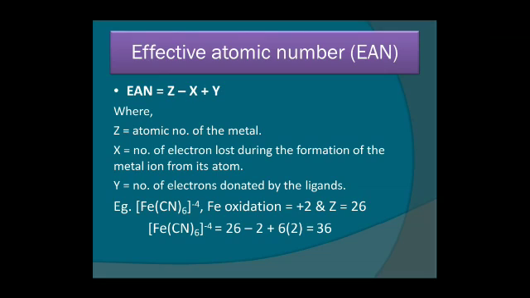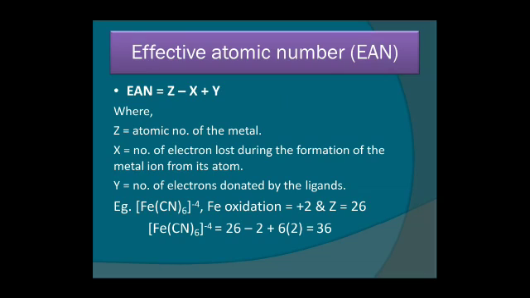So first is the EAN. EAN is called the effective atomic number. What is the effective atomic number? Effective atomic number is Z minus X plus Y, where Z is the atomic number of the metal. We represent atomic number by Z whenever we write any atom in short form, like X is the atom, Z is the atomic number and A is the atomic weight. Here X is the number of electrons lost during the formation of the metal ion from its atom, and Y is the number of